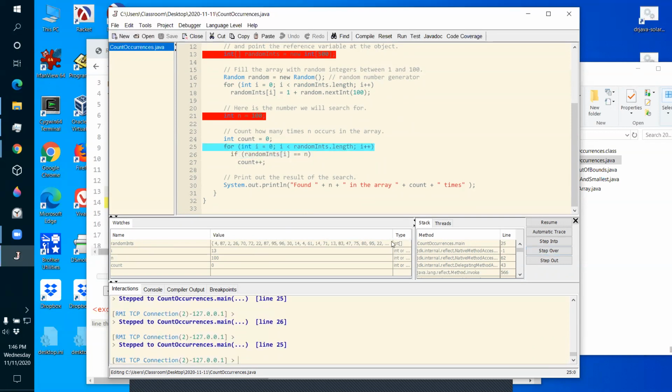But see, I can't see this array. Now, here's a trick. Think, how can I find out where there's a 100? Can anybody see a trick? I want to see where there's a 100. I can't see it in here. We're almost out of time. Can anybody think of a trick that I can do? The trick is with breakpoints. A little breakpoint trick here will let me find out where there's 100 in my array.